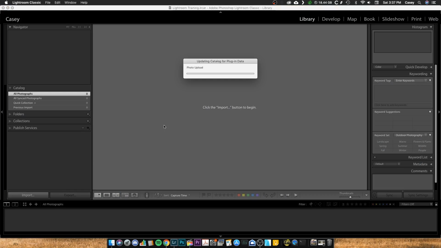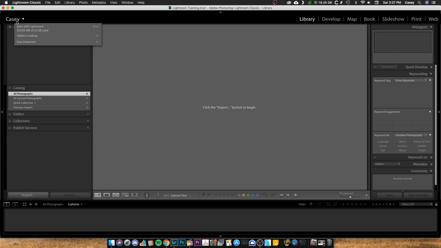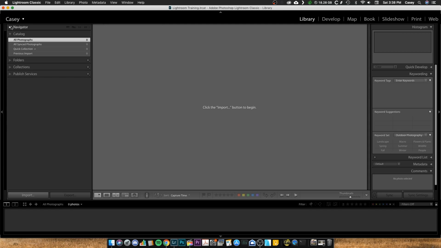And then let's take a little tour around Lightroom and get you familiar with the user interface. So it's going to load up some published services that I have already set up. Okay, so up here we've got our nameplate. This is where you can sync with Lightroom Mobile, do address lookup, face detection. You can also, when you're doing different processes, see a status, like an import status, export status, things like that. And then you have your navigator,